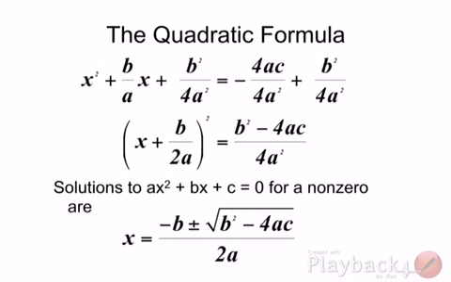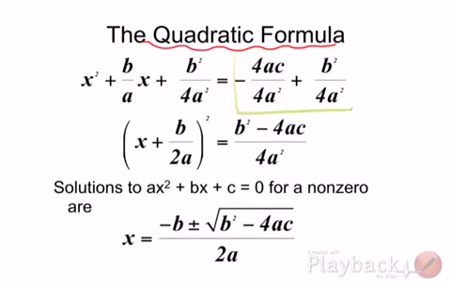Okay, so now these three terms here are my binomial. The half term was b over 2a, so that's that one there, and I'm going to add that to x and get the squared, so the x squared is going to give me this one, and the b over 2a will give me my middle term and my squared term when I've multiplied it out using FOIL. So then on this side I've got 4ac over 4a squared,